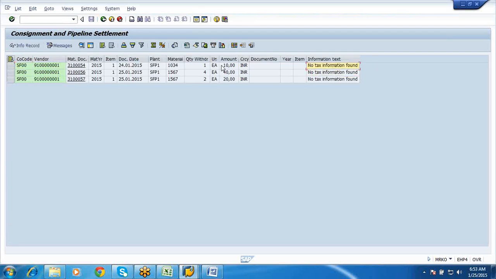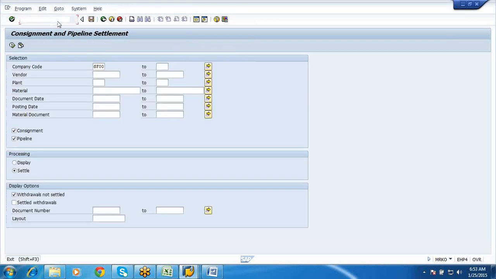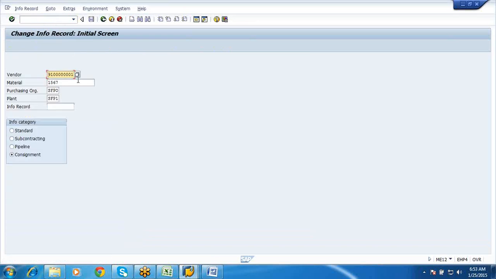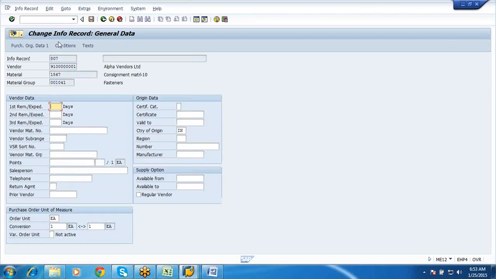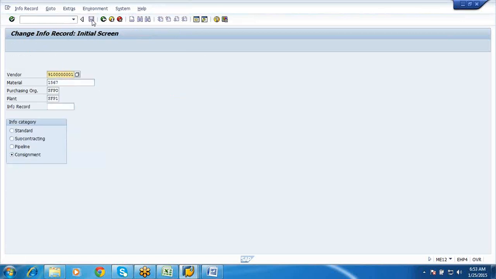That is because in the info record I have not given the input tax. So now if I go to ME12, enter. Here I need to give the tax code, then only this will work, or else it will not work.